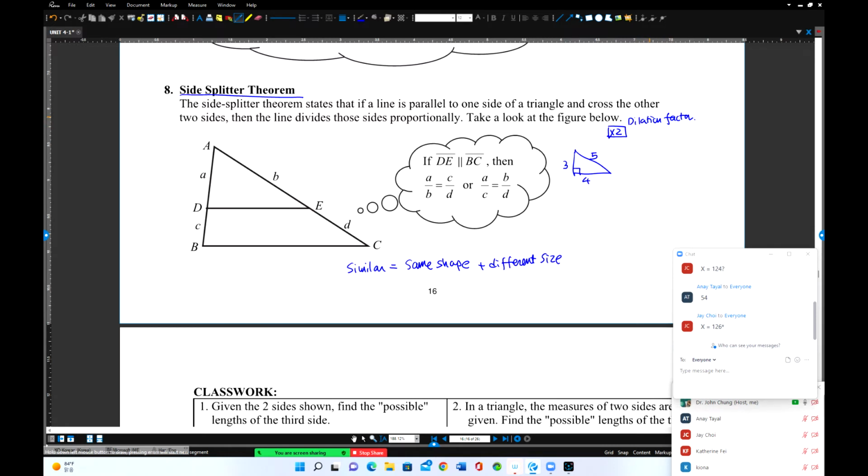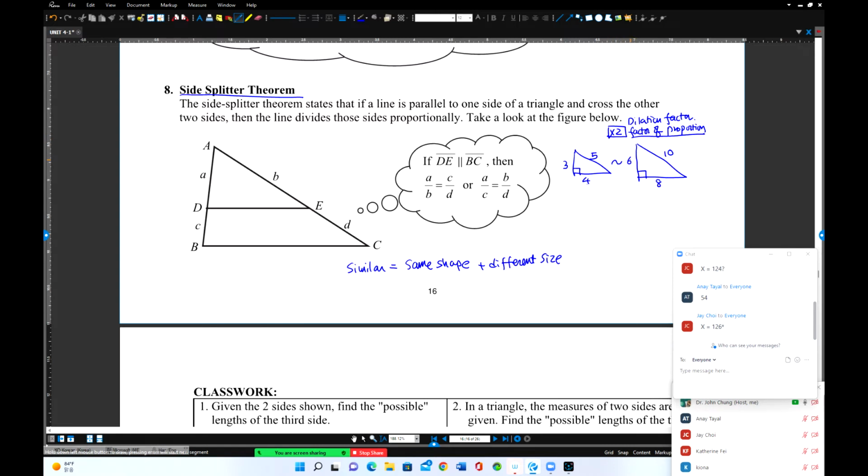Or a vector of proportion that increased by 2 times. So what is that? Same shape. This is a 6, and the corresponding sides are 2 times 4 and 5 times 2. Then we say these two figures are exactly similar, because you can see that every corresponding side increased by